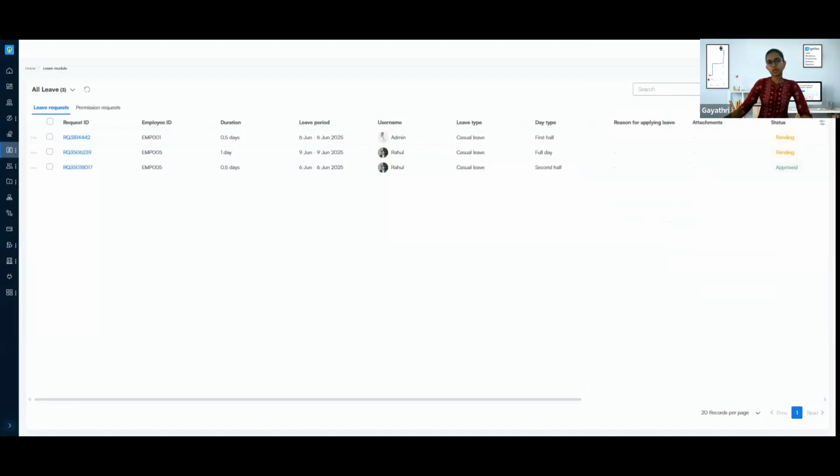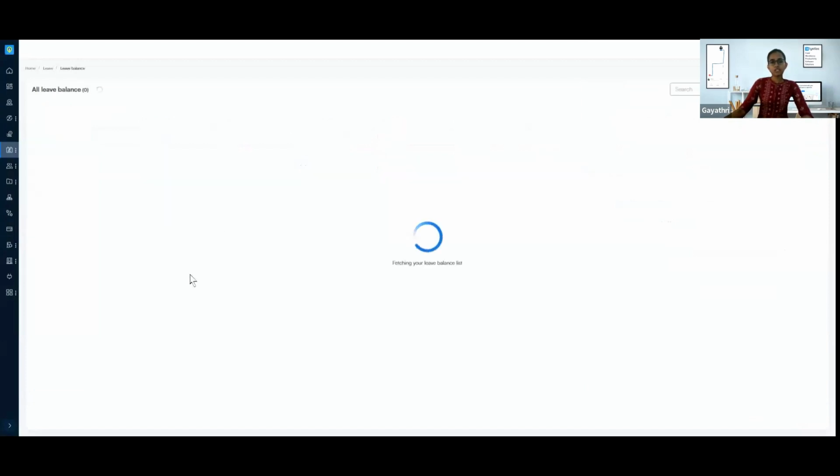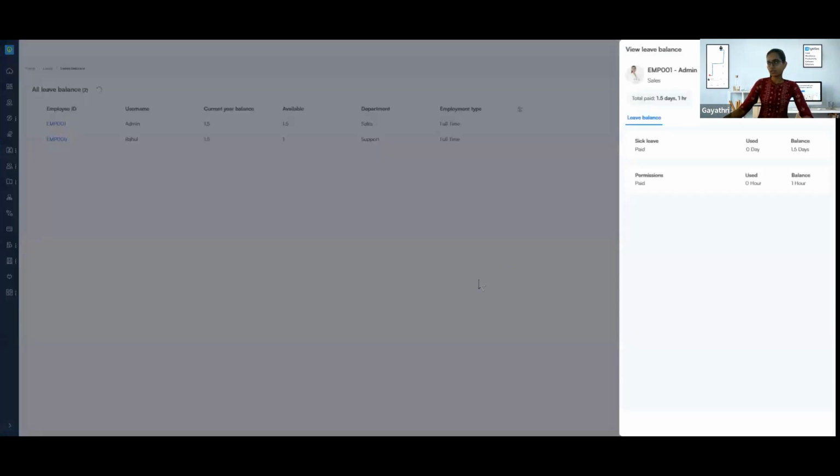Next, let's look at the leave balance section. To view this, we go to the menu, and under the menu we have leave balance. Here you'll see the leave balance for each user, and it will be categorized based on each leave type. If you see, we had leave types such as casual leave, sick leave, and permissions, right? The leave balances that are available for each user can be viewed here, and how much they've used. Through this, every employee, the manager or the HR can keep track of the leave balances available for every employee to plan accordingly.